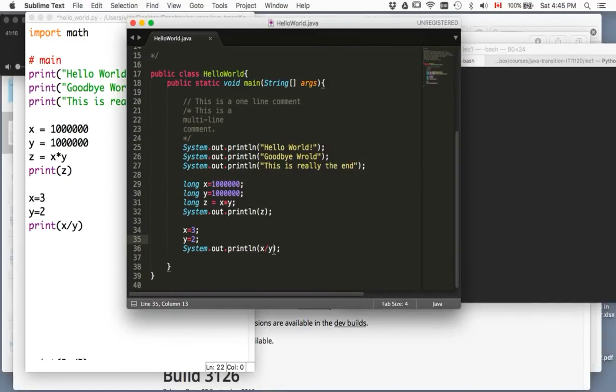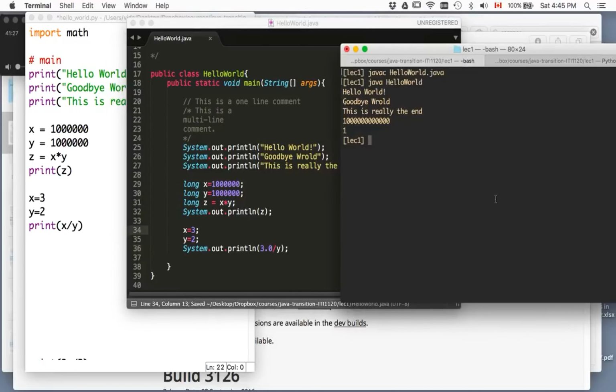So if you actually don't want integer division, one way we can do this is 3.0. We can do this 3.0 here. I can demonstrate that, but let me show you now that if one of the operands is a real, then Java does the higher precision operation. In this case, it actually doesn't do integer division. So let's see